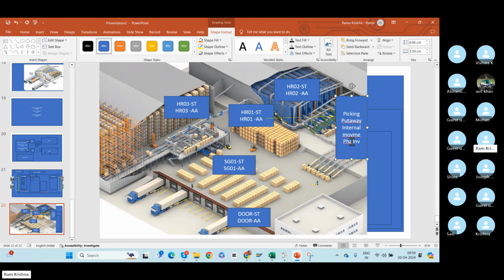If I don't assign this activity area to the respective storage type, suppose I miss assigning this range of bins,